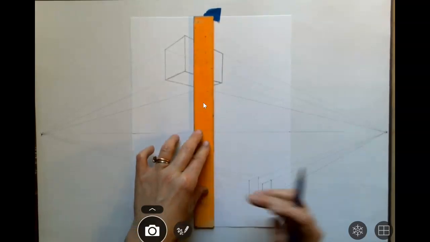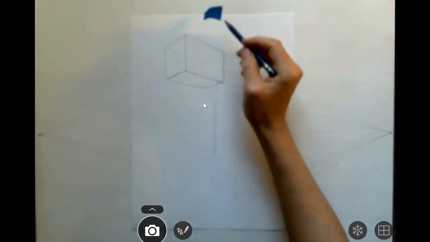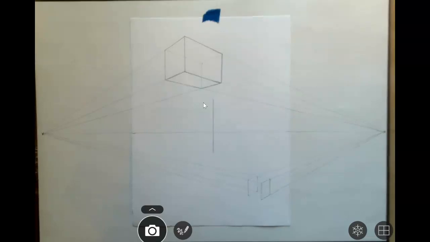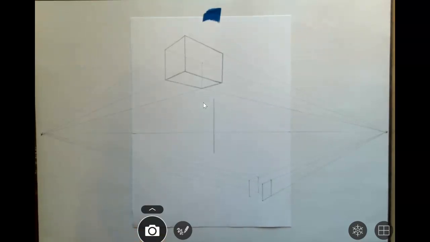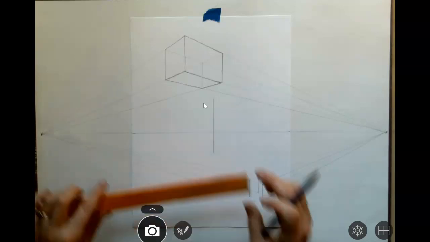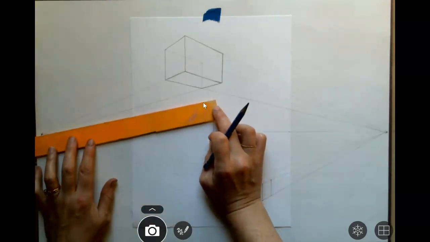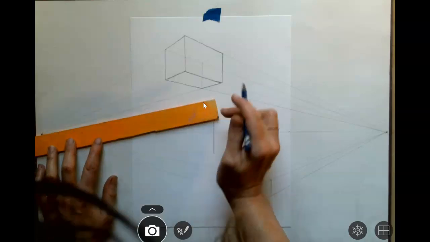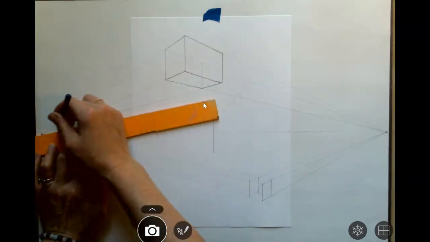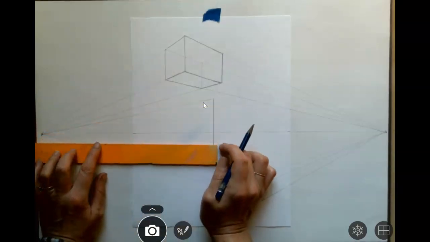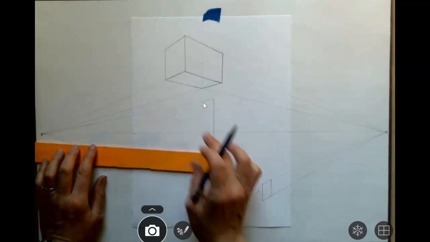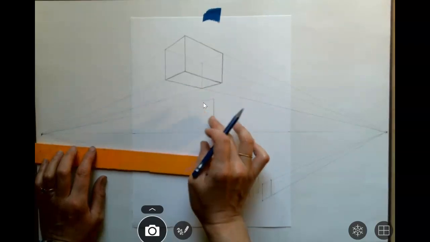And let's see. All right, so I took a moment to make sure I lined up my ruler, make sure this is really vertical, kind of thinking about, all right, what is my composition going to be like? Do I like how this looks? And then once I have it where I want it, then I can connect the top point to one side. Now where I'm lining this up will determine how this relates to this box. So if I wanted it to be more underneath it,